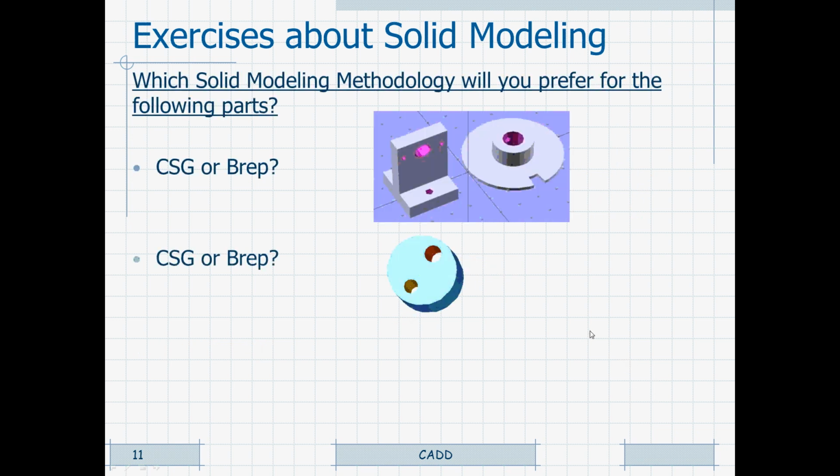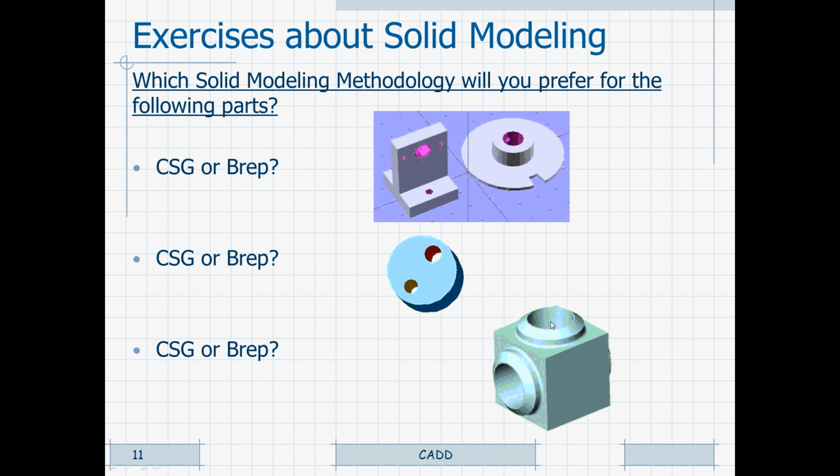More examples of using constructed solid geometry versus boundary representation, and I suggest that in this case you can create using boundary representation. You can create this T shape and then extrude it, and then create these two holes with the extrude tool. In this case, I will use also boundary representation when you create the cross-sectional area